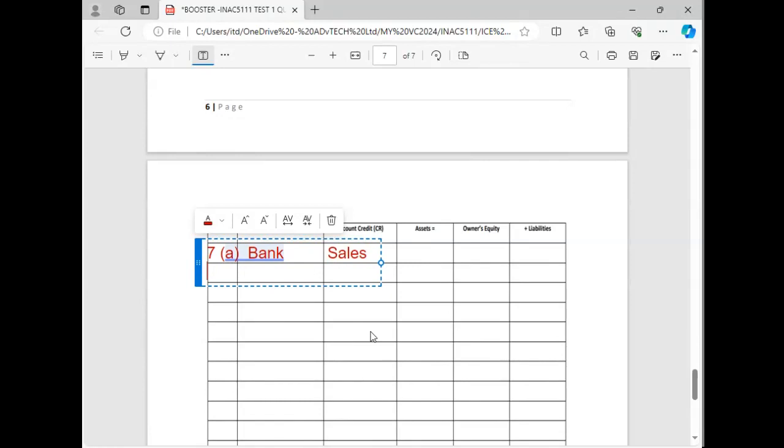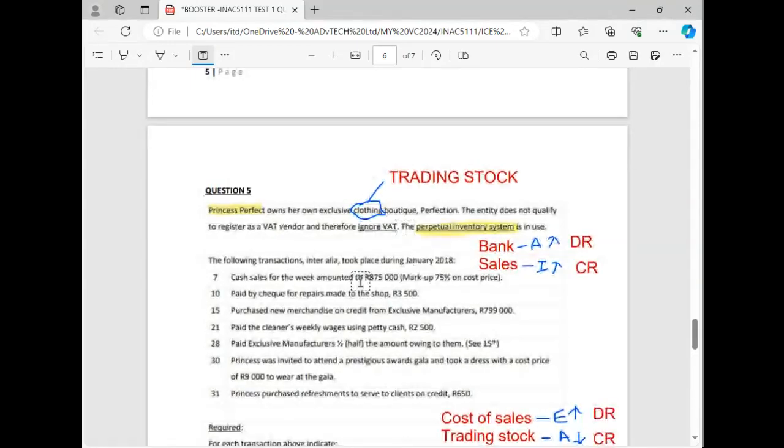The B part. Let me just write the B part now so that I cannot forget. I'm going to have, guys, I'm just going to put cost of sales. Because of space, I'm going to put it like this. Trading stock or trading inventory. Okay, I don't have space. So this is how you must put them. And thereafter, you come and record what? The sale.